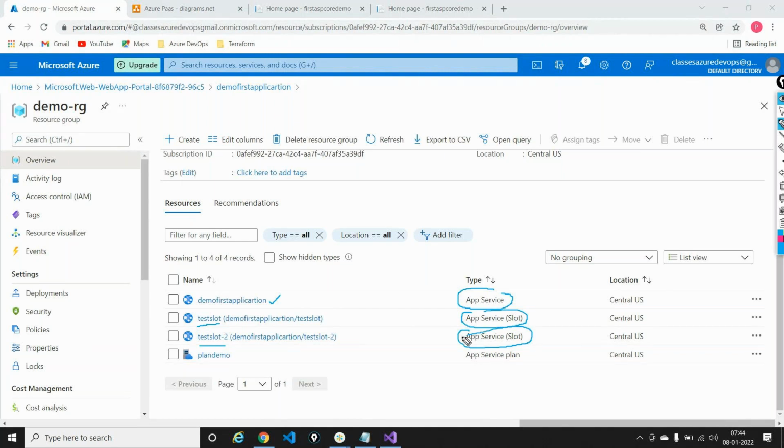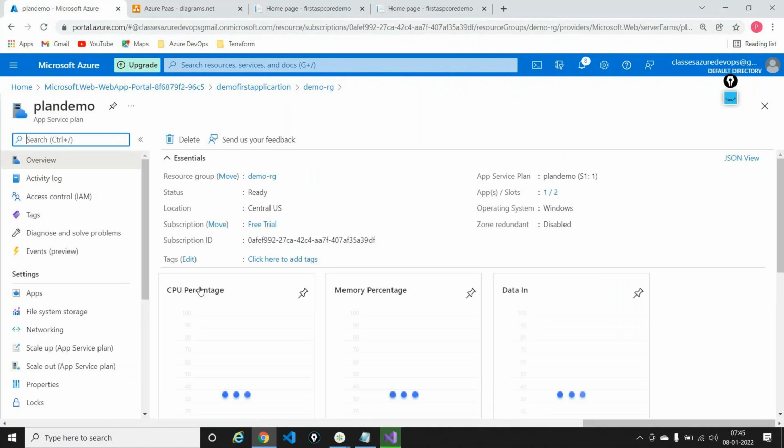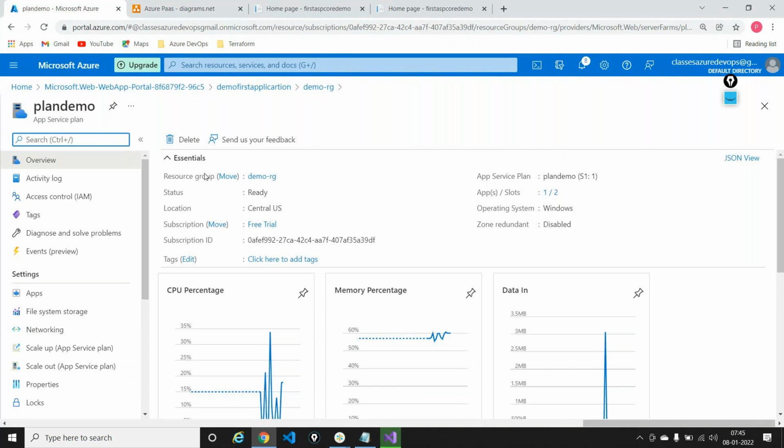So one question can be, you are going ahead and creating one application, great. You're going ahead and creating multiple slots. Aren't you charged for this? Answer is no, you are not. You are charged on the plan, not on the applications. Meaning, under one app service plan, you can have multiple applications that are actually running there. You are actually charged for this plan out here. So this is the underlying virtual machine for which you are actually charged, but you are not charged for the main application that is actually running. So applications are not charged. It's just the plan which is charged.